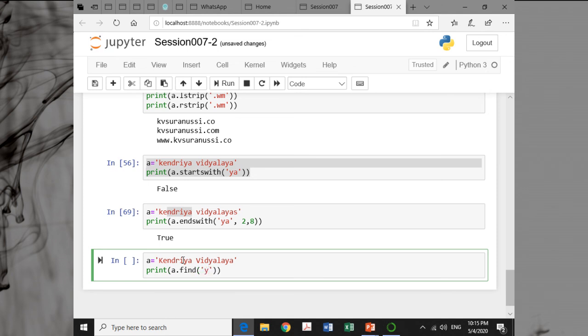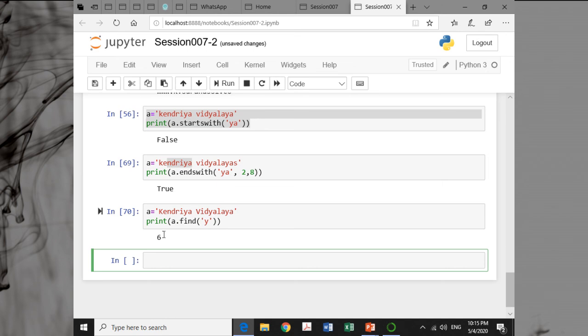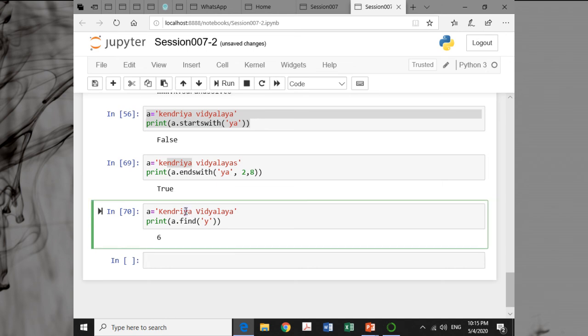Suppose I want to find YA, or simply Y. So it gives you the first occurrence of Y. The first occurrence of Y is available at the 6th position. But suppose I want to find the next occurrence of Y. So Y comma 6 plus 1, that is 7.